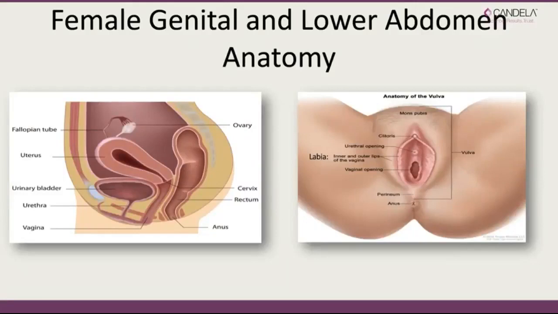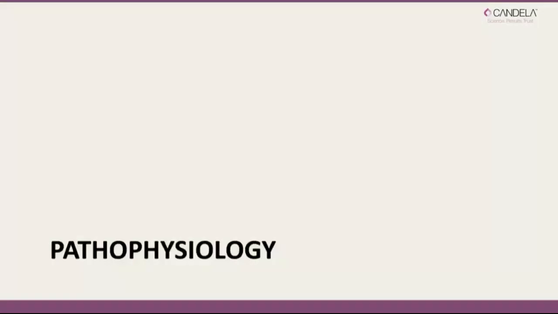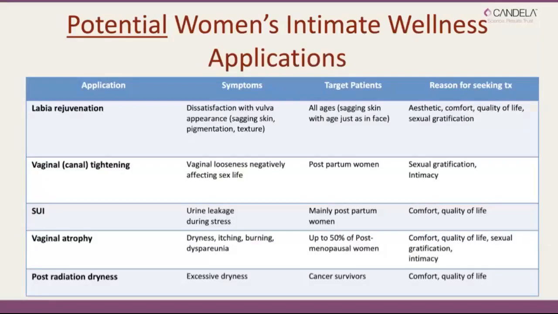So we're all familiar with the genital anatomy. The pathophysiology here is that we can do rejuvenation of the labia, the vaginal canal tightening, stress incontinence. This has been tremendous for my patients. I'll share with you in a moment or two a testimonial from one of my patients about this. This is very common for women after they've had children, and it really significantly affects their confidence, their self-esteem, and